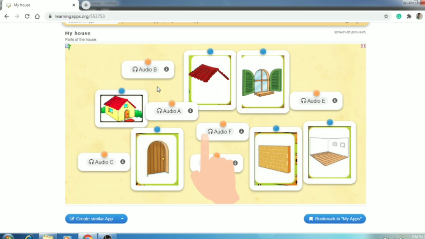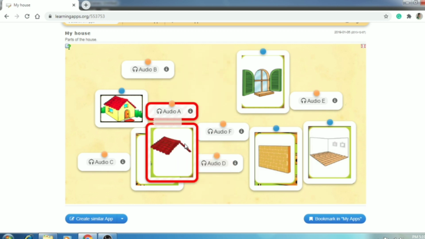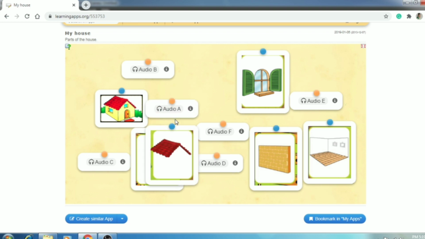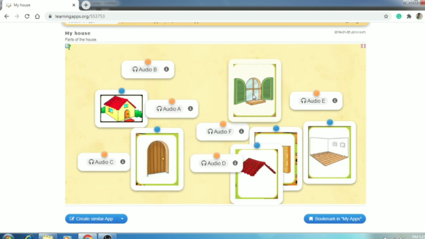Imagine if they say for the audio clip B, door, you have to just match the door with it. So now I just matched it wrong. To cross it and come back, click in between, and you have to click once again, so those two options are separated now. So again you can listen and try.